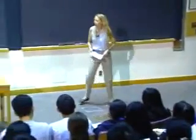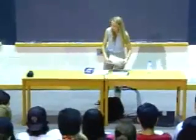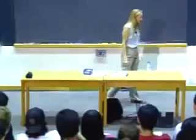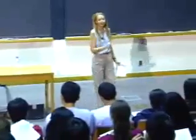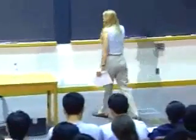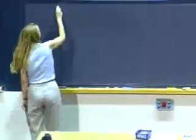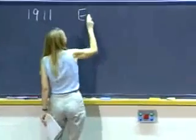Okay, great. Well, let's get going. Last time we ended up by discovering the electron. We discovered the fact that the atom was not the most basic constituent of matter. But in 1911, there was another discovery concerning the atom, and this is by Ernest Rutherford